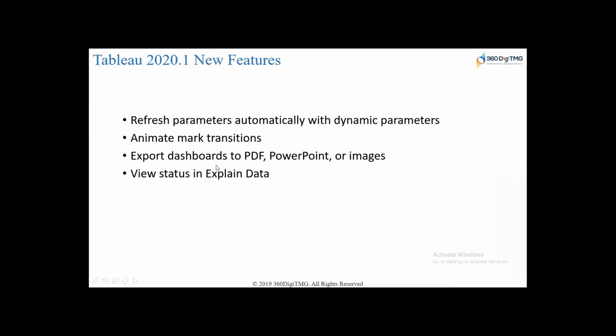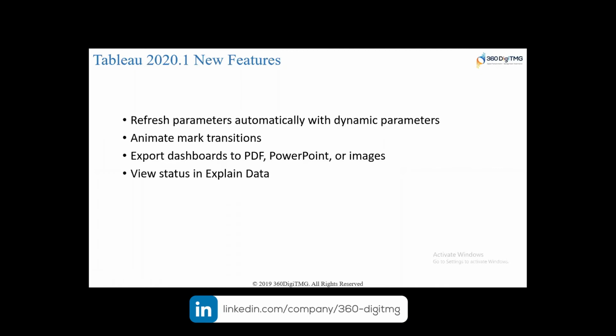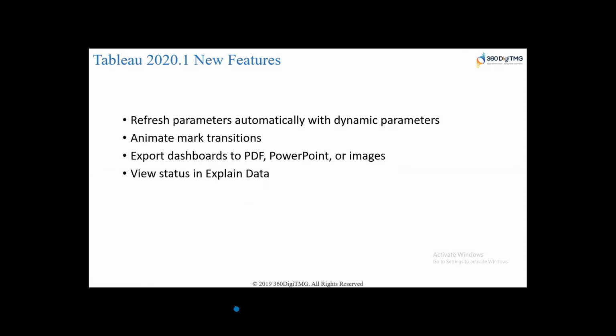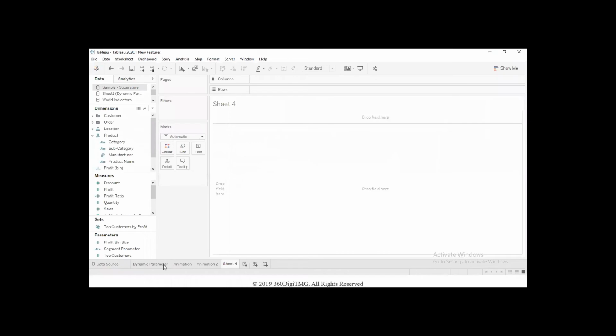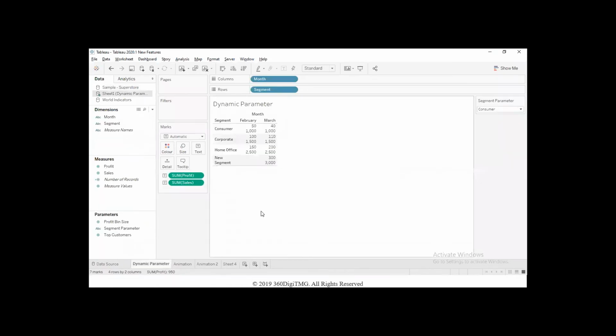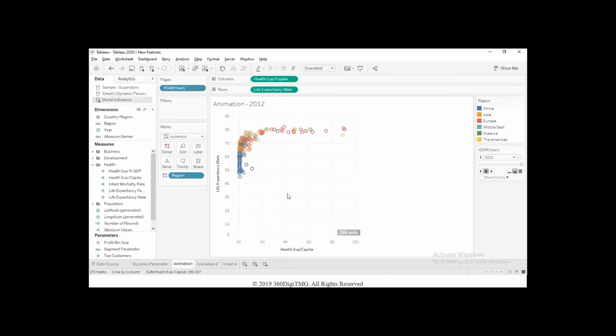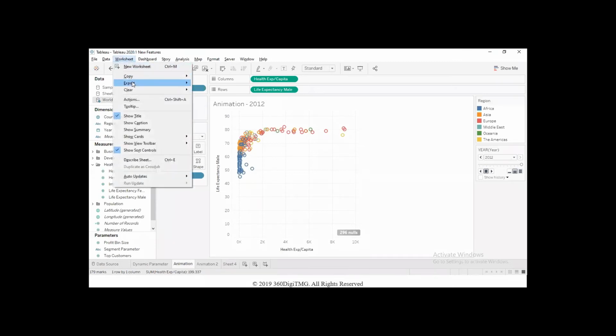Okay, the next feature that we will be looking at is the option where we can export the dashboards to PDF or PowerPoint or images. And this option is not the normal export PowerPoint, PDF or image option that we have. This is something that has been included on the dashboards as an object in the dashboard. Now, one thing that we already know and are familiar with, that we have gone through in our regular training, is that once we create a visualization, if we want to share it with our audience in a static fashion, then we will simply choose to export that visualization that we created as an image.